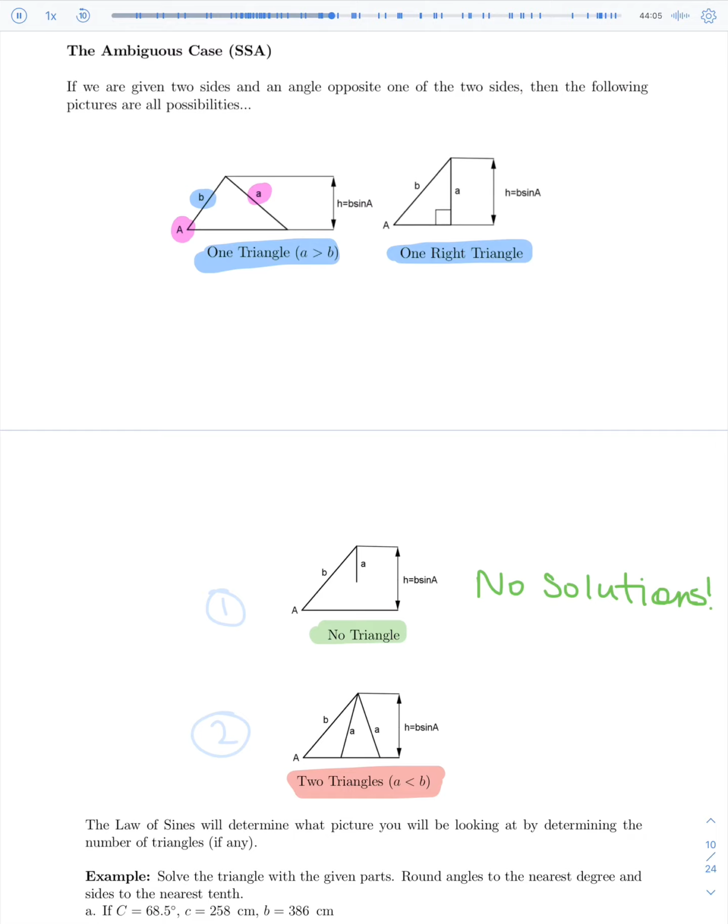But let's take a look at a few examples that are a little bit different that turn into one of these different situations, either the fact that we end up with no triangles or maybe two triangles, and what a situation like that would look like. So let's take a look at example A, and we'll set up